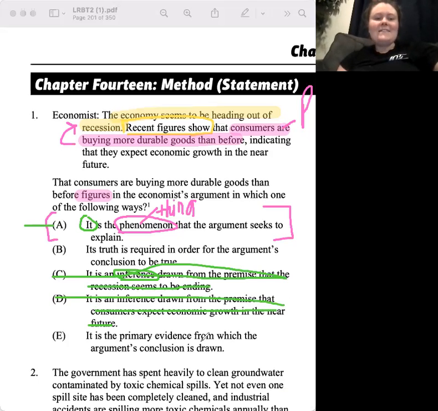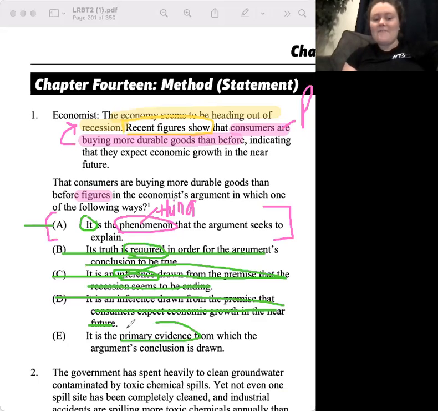Excellent. Its truth is required in order for the conclusion to be true. So do the consumers need to be buying more durable goods than before? Does that need to be true in order for the economy to be heading out of recession? No, it helps, it strengthens it, but it's not necessary. In the argument, though, it is the primary evidence that we use to draw our conclusion. Fabulous. All right, so I'm going to go ahead and have you